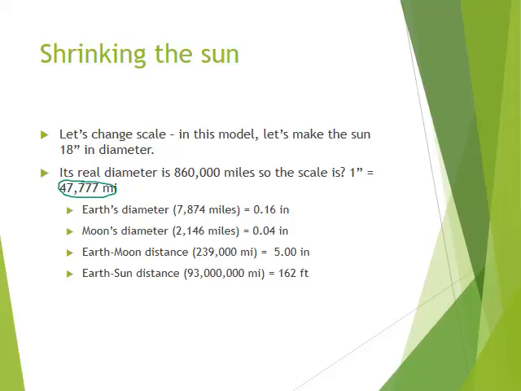which means in this new scale, this new system, my Earth, instead of being a basketball, would only be a ball that would be a fraction of an inch. And of course, the moon, being even 1/4 the size of the Earth, would be even smaller still. At this same scale, with those tiny little balls being Earth and moon, they'd only have to be 5 inches apart from each other. The Earth-Sun distance, if I did the numbers, would have to be 162 feet. So I'd have to take my exercise ball and walk 162 feet in order to place it at the proper distance